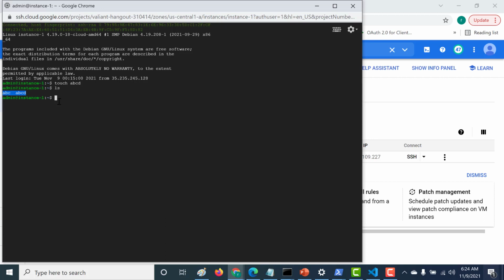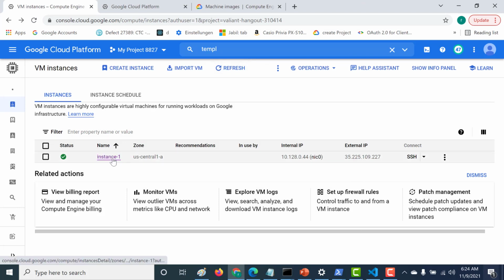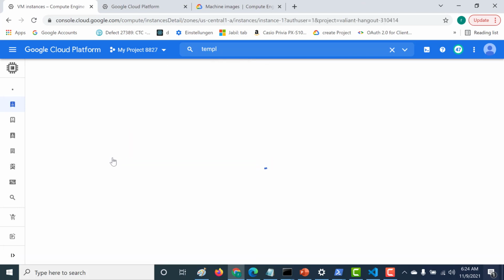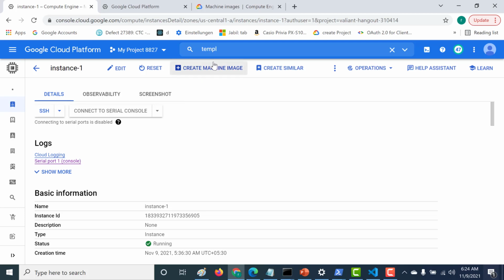Now, of course, you can also store applications like your Apache web server or your SQL, etc. So it's based on how you want your image configured. For our example, I'll just store these two files. And whenever I'm creating a virtual machine from the machine image, I want these files transferred as well. So let's close this, and let's create a machine image. Let's click on our instance, and all you need to do again is just create a machine image.